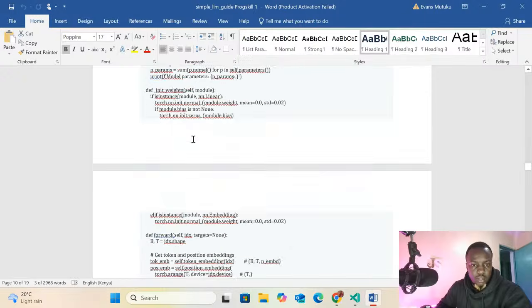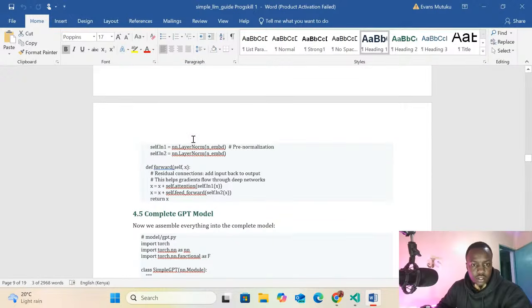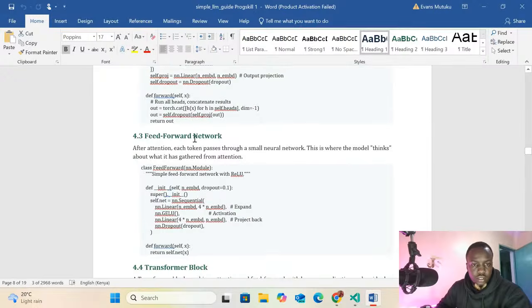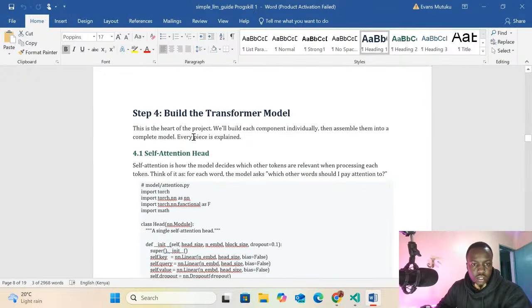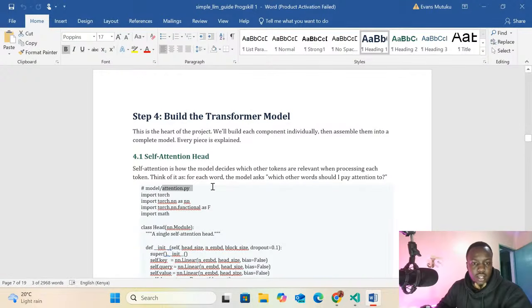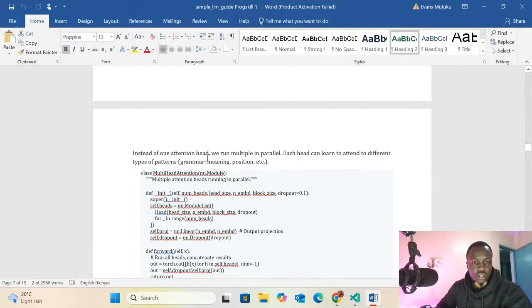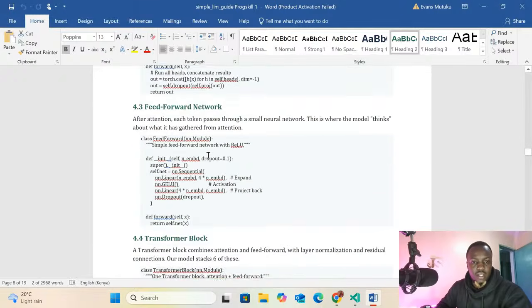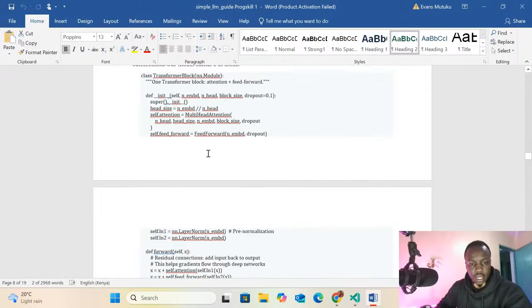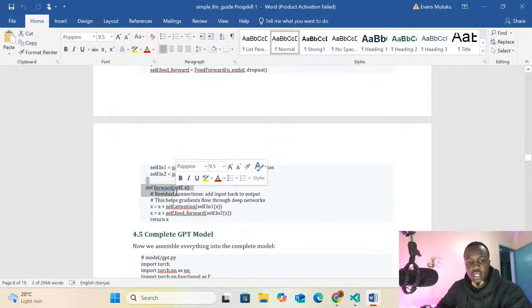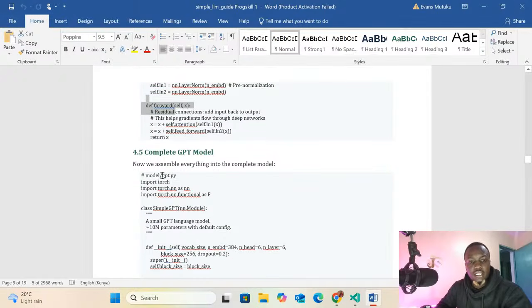So let me see the file that we are working on today. We had a guidance, we had a document that guided us. Remember that we are designing everything from scratch, so I just show you the process of doing it step by step. That's why we have this document here for guiding us.